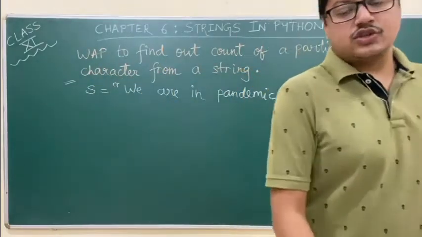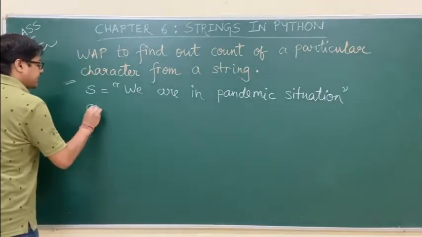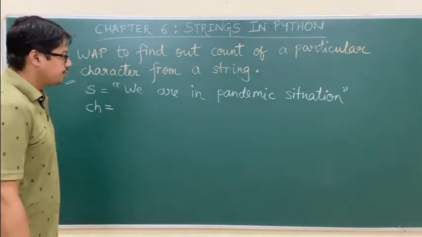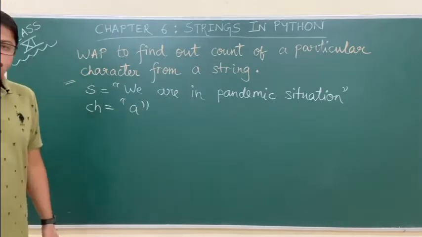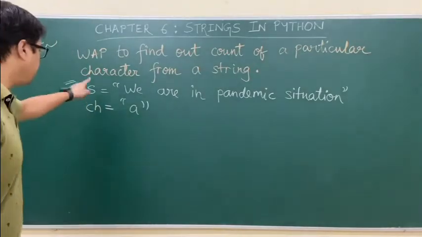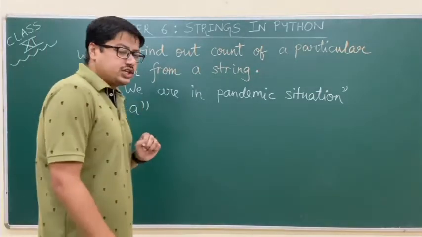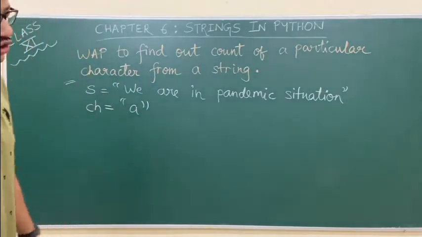Now let us assume which character we want to search. I will specify it manually. Let the character be A. The character I want to search is A. Rest assured, whenever we are doing an actual program, all these things will come from the user using the raw_input function. So this is our original string, and this is the character that I want to search. Fine.